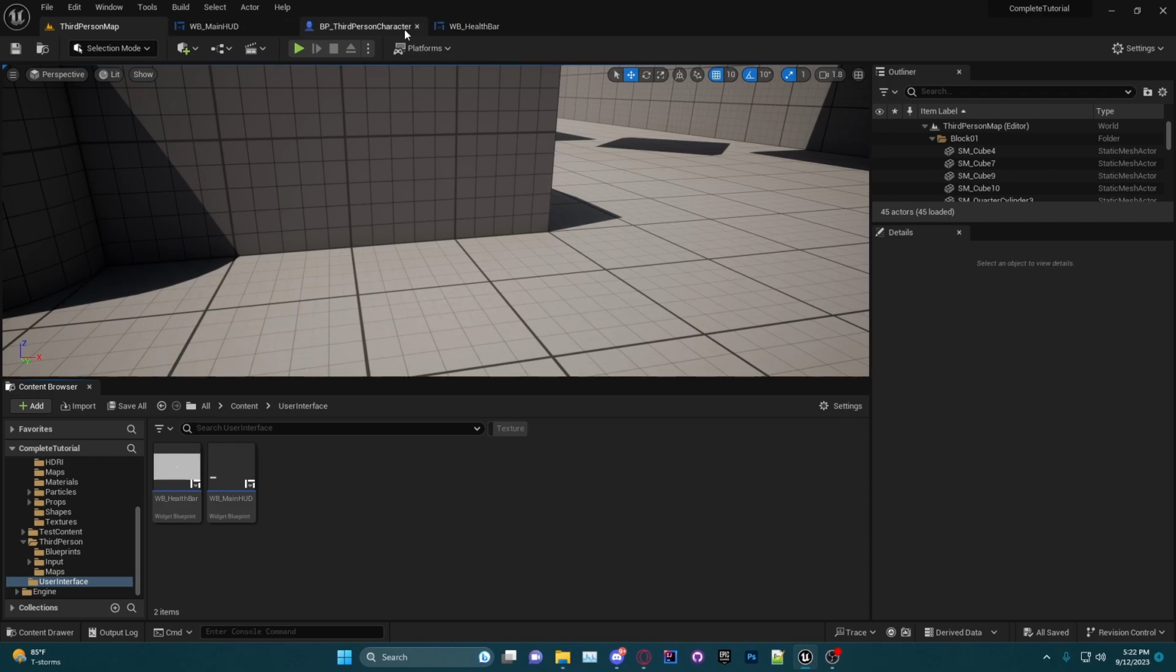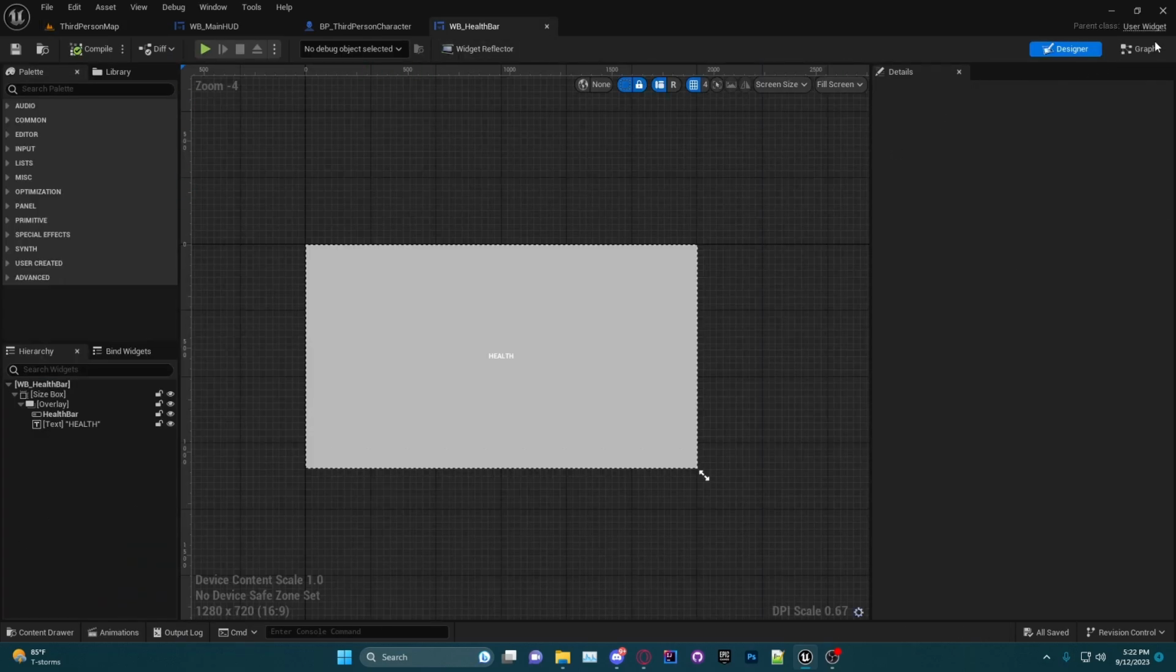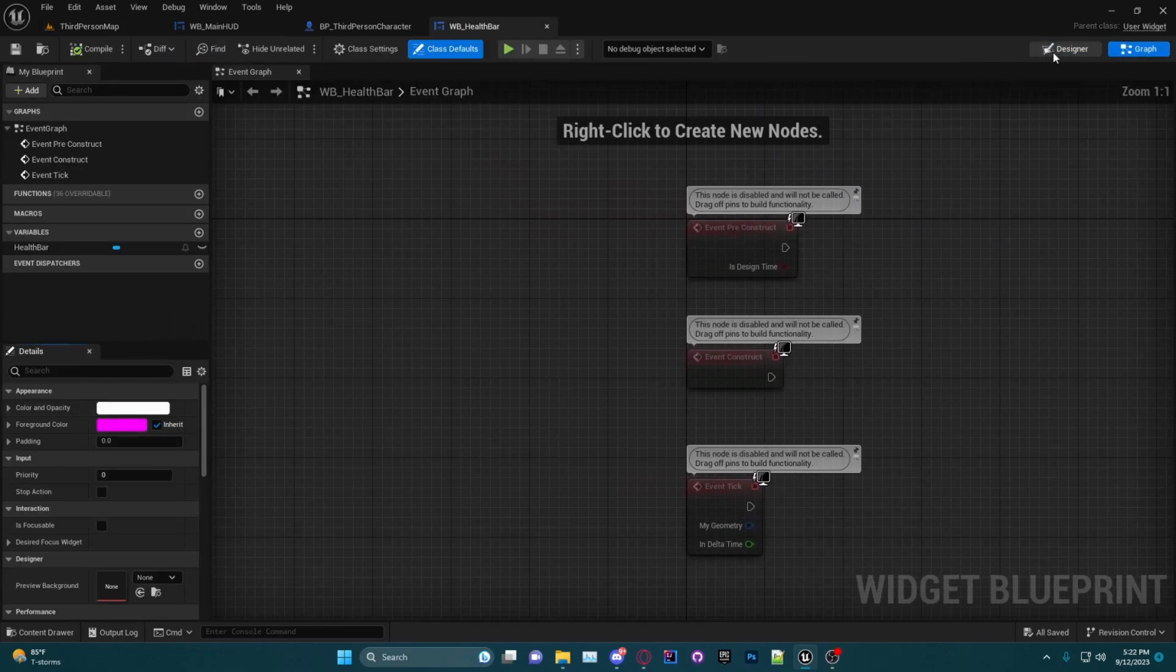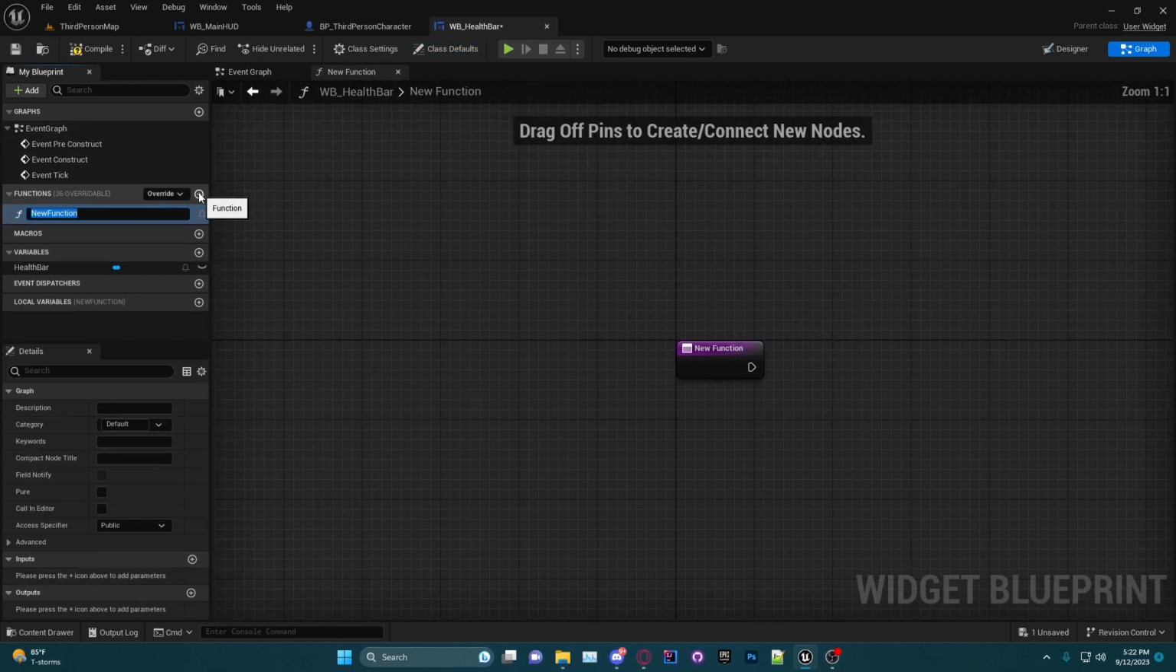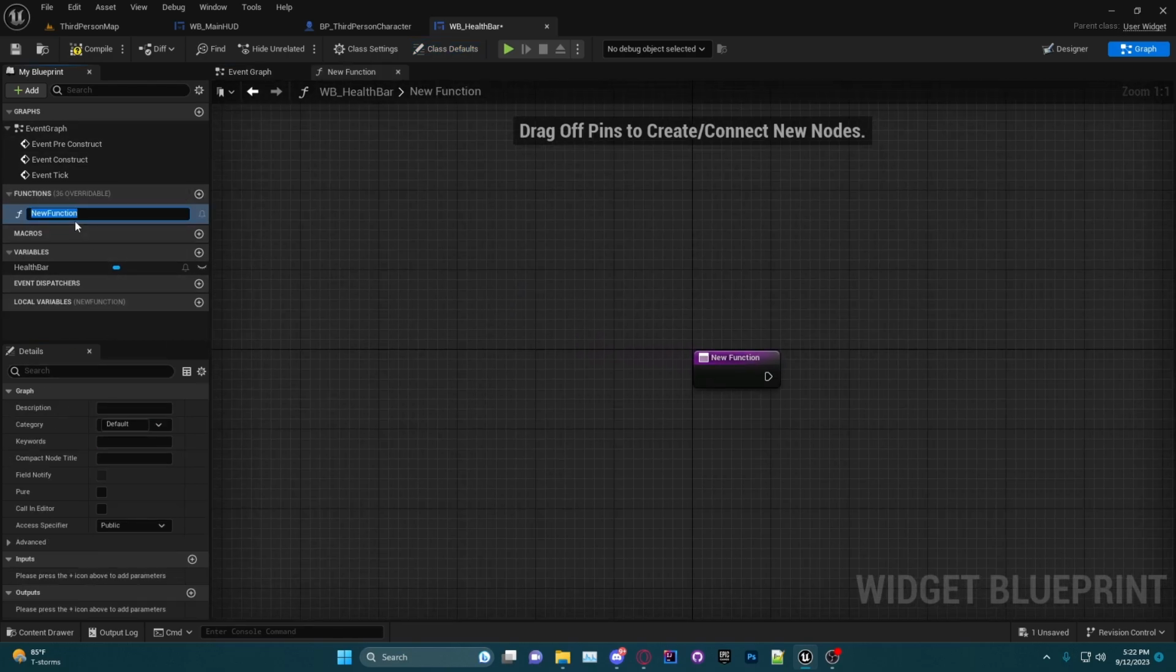So we're going to go into the health bar itself. I'm going to add some functions. I'm going to go to graph, and I'm going to create a function. And what this is going to do is it's going to be a function we can call from anywhere to raise or lower our health. So on this function, I'm going to call it, let's see, adjust health